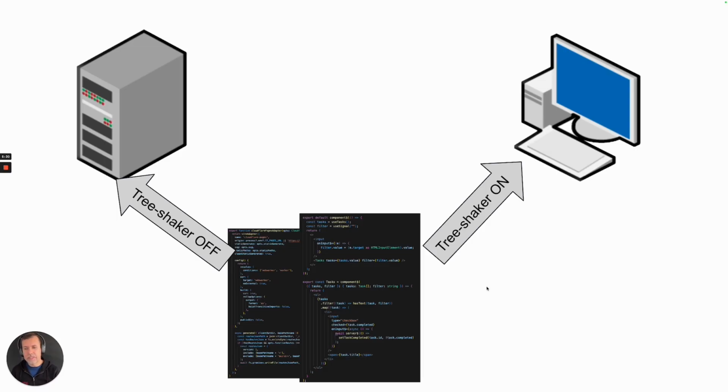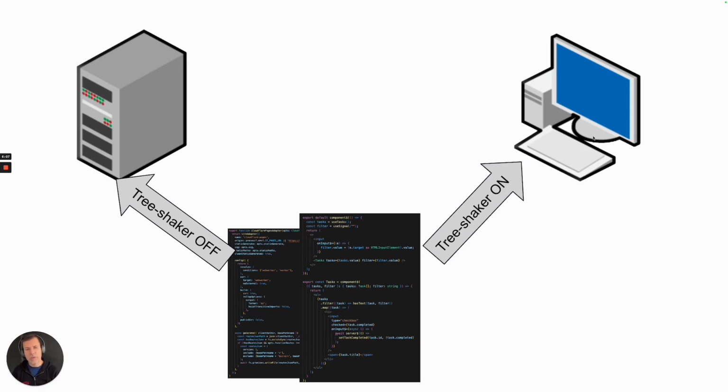And so the way it works is that we have collocated the server code and the client code together, and now we run a bundler. And when the bundler runs, you can turn on and off the tree shaker. So if the tree shaker is turned off, the getServerProps file doesn't get removed, right? Because even though nobody's referring to it and it's not needed, the tree shaker is off. And so that particular piece of code remains in the bundle. On the other hand, when you turn on the tree shaker, the system notices, hey, nobody's actually referring to this piece of code, and therefore it's fair game for me to remove it.